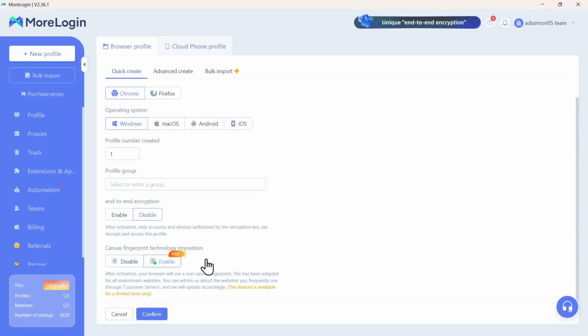Click on enable. So what this does now, it gives your browser a real canvas fingerprint. So it will give you fingerprints that's from real browsers, so that all these browsers and all these survey sites will not see your browser as a fake browser. So make sure you enable this feature. By default, it's disabled. So come over here and click on enable, and you see that it will be highlighted